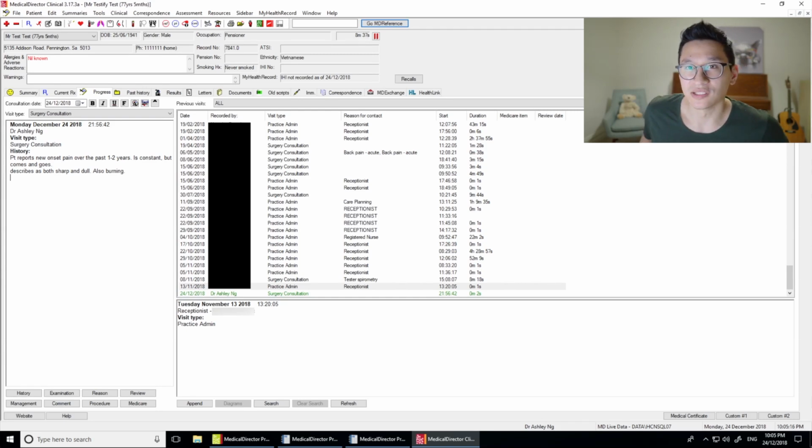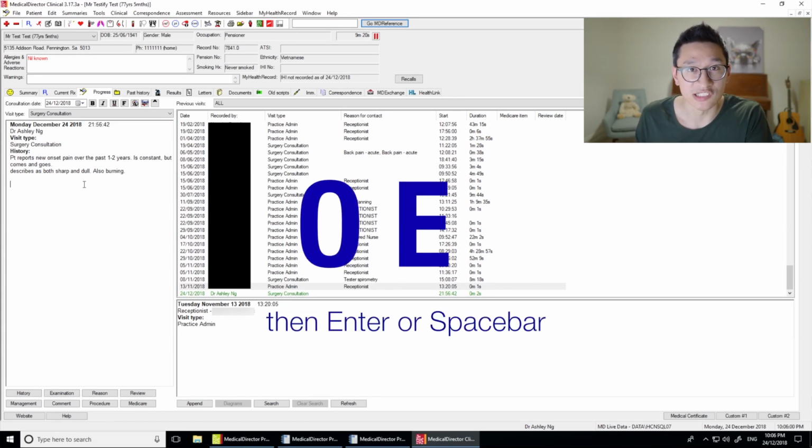Not really related to Medical Director, but just in terms of workflow, I generally ask after that first sentence or two if there's anything else on their list, just so you can figure out how you're going to organise your consult. So once you've done your history, the next step is examination, and for Medical Director that's on examination, which is OEs,